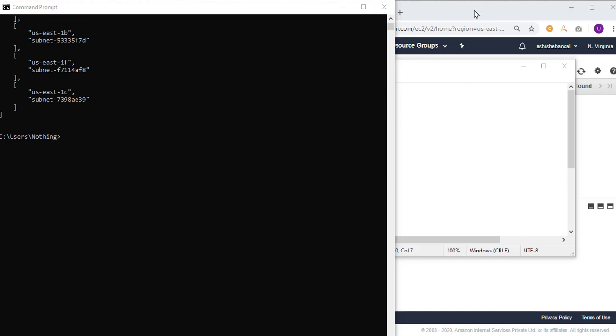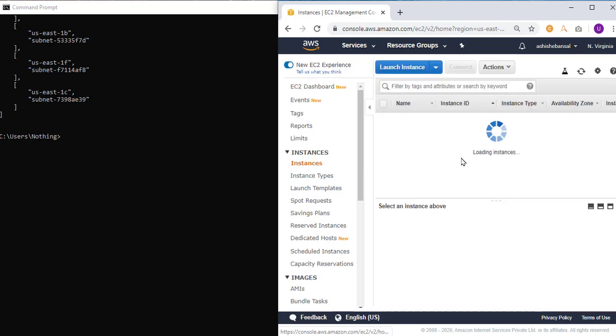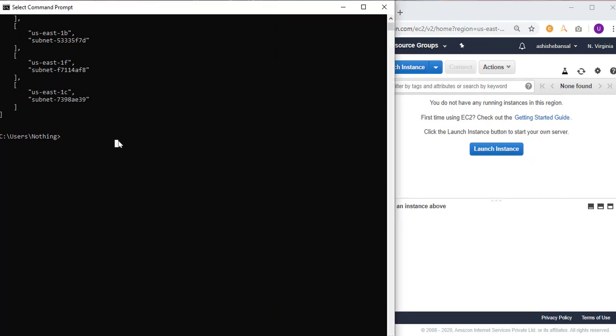So I have kept my AWS EC2 dashboard here, so that if we have any instance running, we will be able to see that in real time. Let me tell you that this is going to be the last command that we will use for firing our instance. So this time, because you're running the instance, you will use run instances.